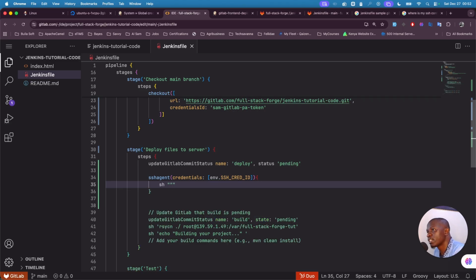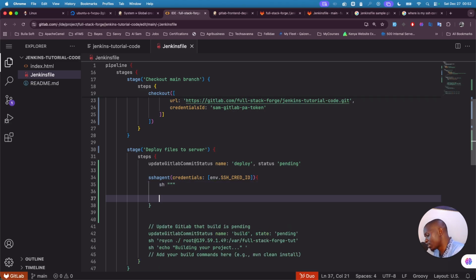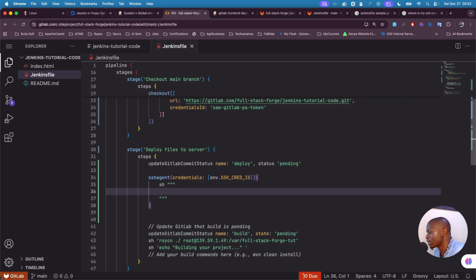So I'll put these triple quotes to just highlight all the commands that I want to run in here. And so this is where now I run my rsync command. Remember I said you can use rsync or secure copy, that is SCP, to do those, but for me I'll just use rsync,